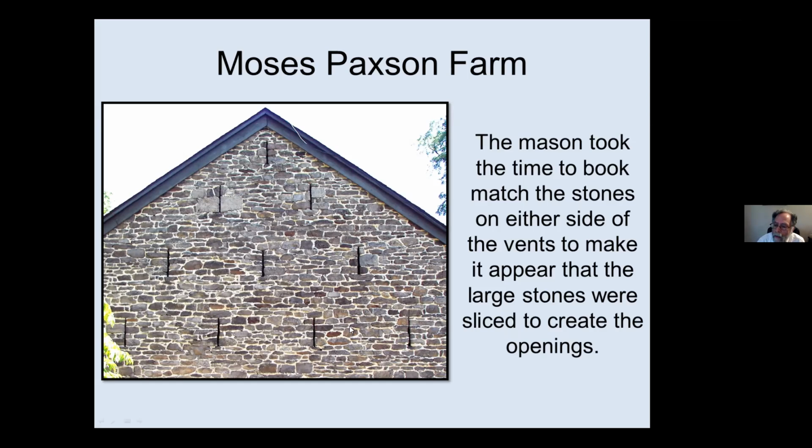And for someone to take that time and effort on a barn seems to tell me that they cared about their barn. They cared about leaving their impression on the landscape. And after all, I think that's such an important thing to honor, that someone spent time and energy and money to make a statement. And we now, 200 years later, have a chance to honor that statement, to help perpetuate that these type of remarkable structures are here for future generations,